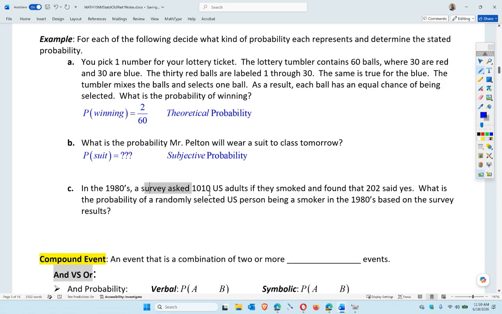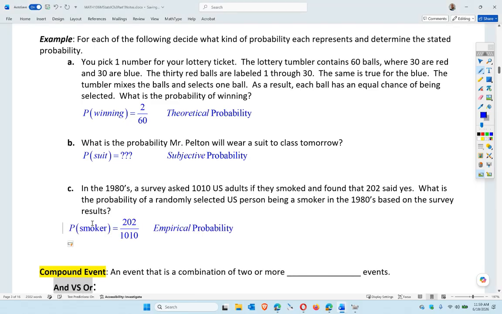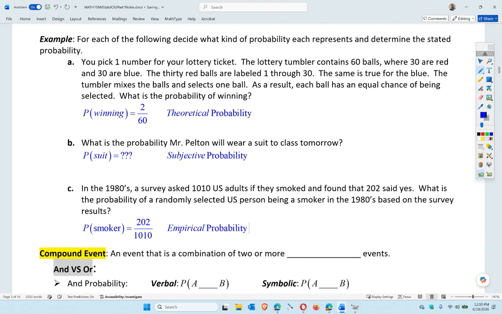Okay, let's say I survey 1,010 people and asked them if they smoke or not, and 202 said yes. Well, that means 202 out of 1,010 actually smoke, right? Is there some kind of theoretical probability I can compare that to? No. I'm using frequency distributions, right? I went out and did a survey, made a frequency distribution, and I calculated it. So that is an empirical probability, essentially, because there is no theoretical to work towards, so I'm just using frequencies,